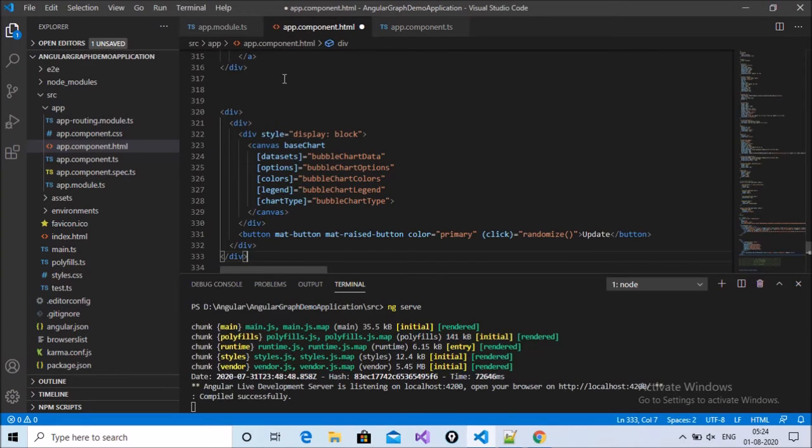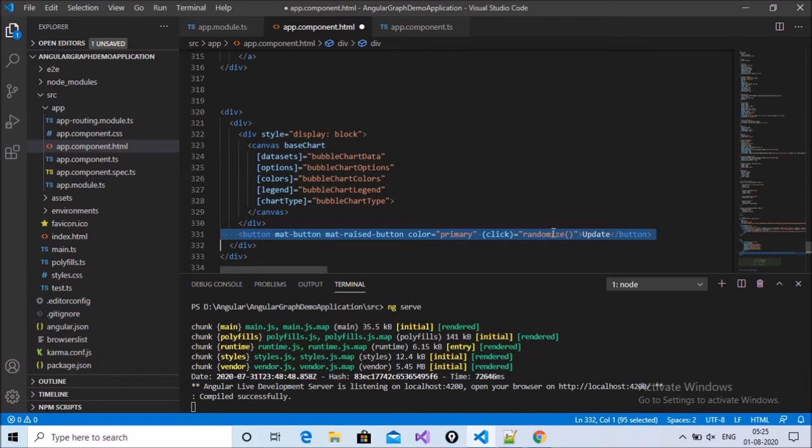You can see the datasets, the bubble chart data, options binding, colors binding, legend binding, and chart type bubble. The last one is a button with a click event that calls the randomize function, whose main purpose is to update data dynamically. This part of the HTML has been completed.